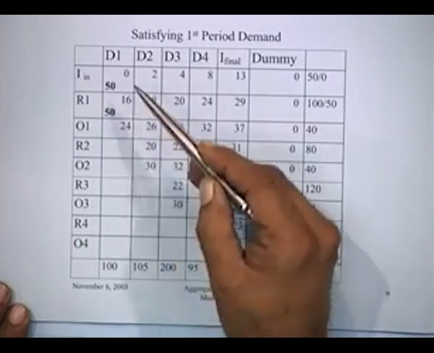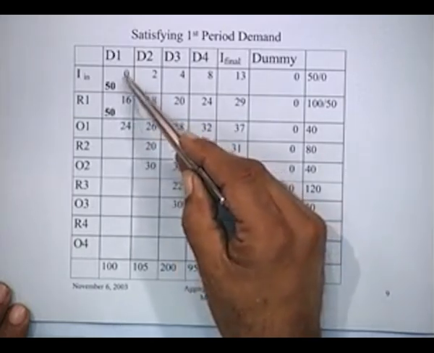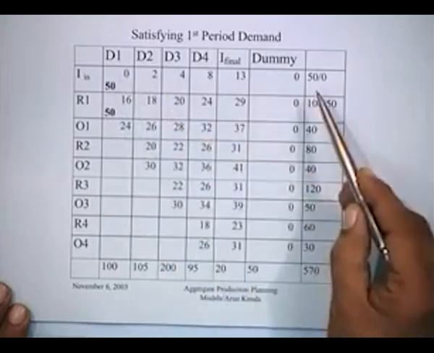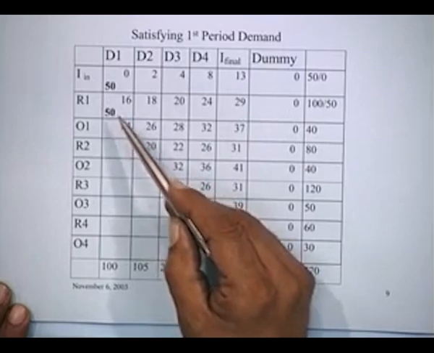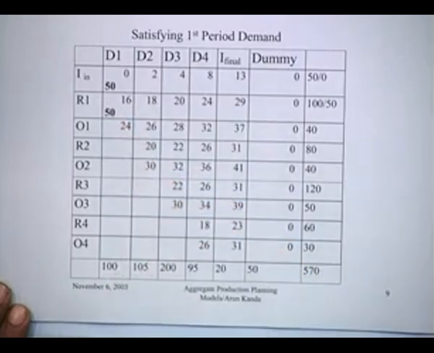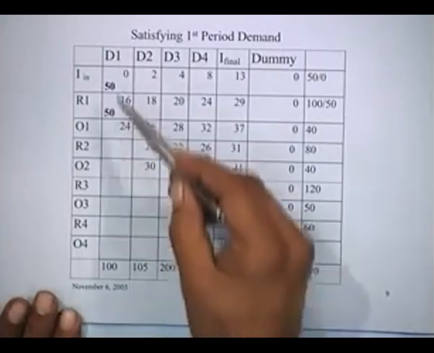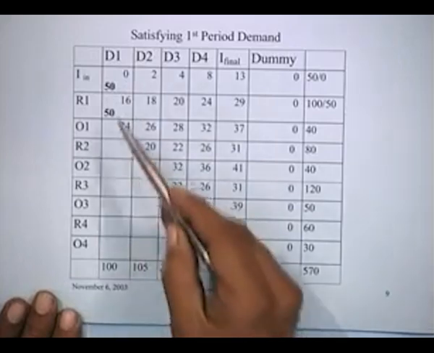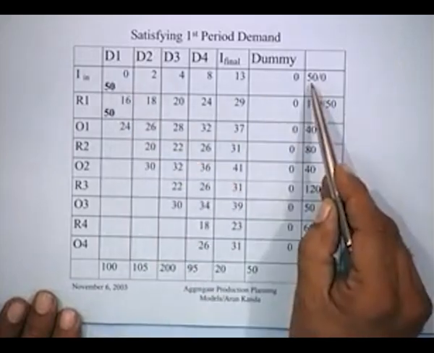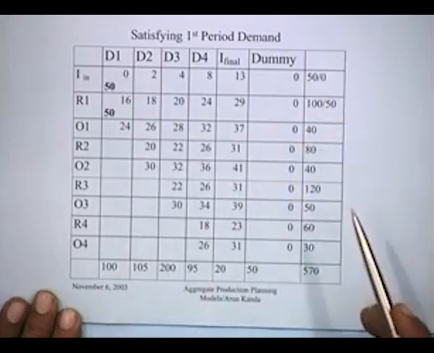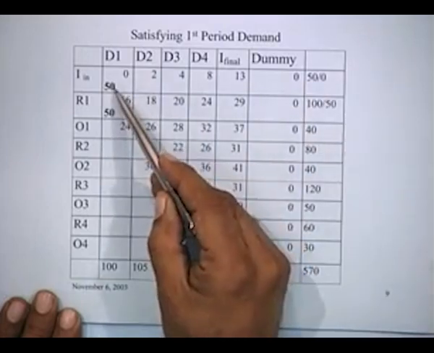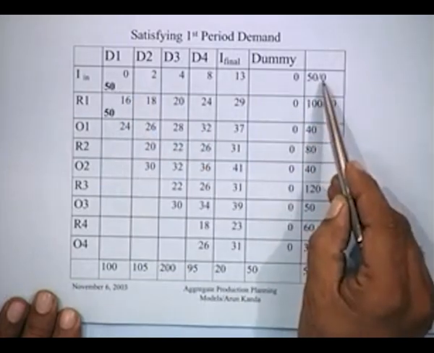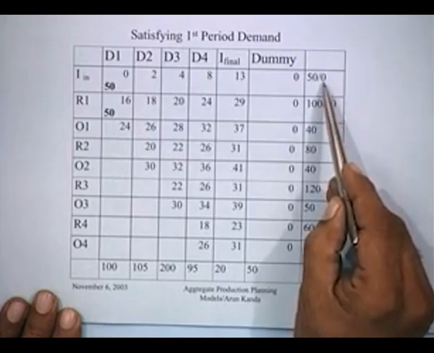So what you do is, you try to allocate the maximum here. Once this is exhausted, you go to this value, try to allocate the maximum here and then come to this till 100 is exhausted. So let's look at the first column. What can we do? Here the maximum that can be allocated is the minimum of 50 and 100. So we can allocate 50 here, and then this is the 0. I mean, we have satisfied the demand for the first